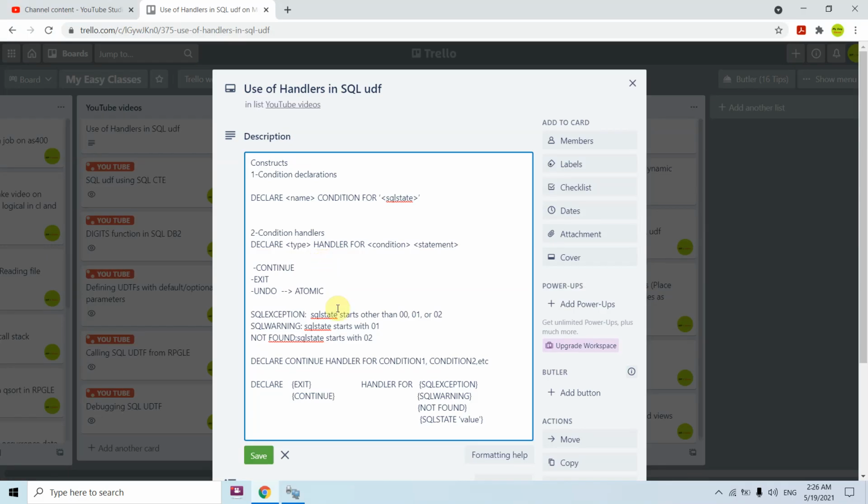You can try SQL exceptions or warnings the same way at your side. Use the get diagnostics procedure, and you can directly get the exceptions after executing your functions. Whatever SQL statement you are executing, you can get the information of that SQL statement using get diagnostics, and you can handle this SQL exception or SQL warning the same way.